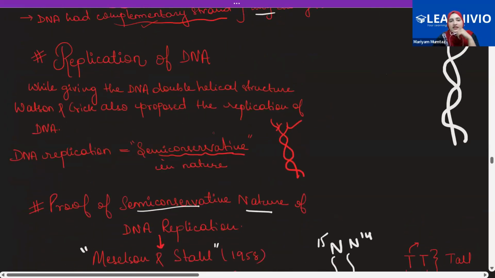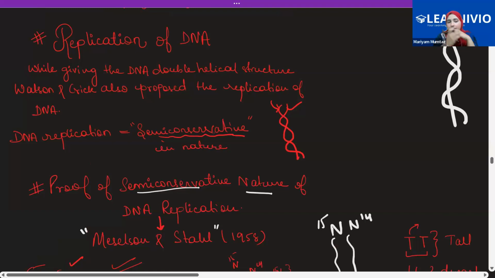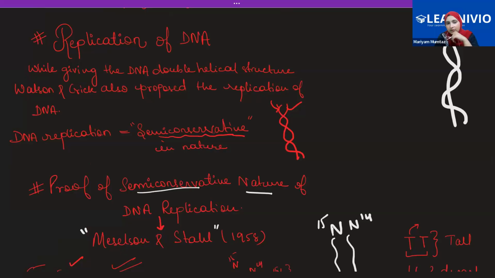Then comes the replication of DNA. Now, you know that Watson and Crick gave the helical model of the DNA molecule, right? Apart from that, they also told us how possibly the replication of DNA takes place. So if you want to put a term as to which kind of DNA replication happens, our DNA replication